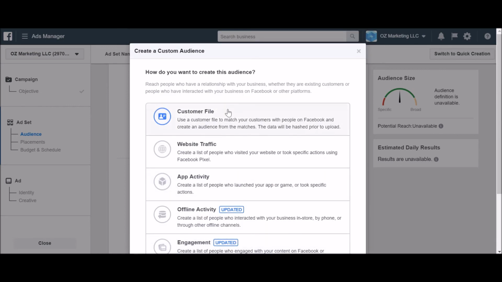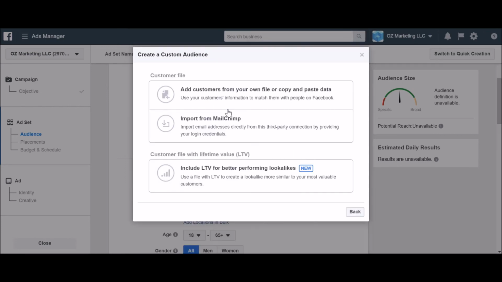The point is, if you go over here to customer file, if you do online marketing, or if you have a way to get a CSV file of all your customers, you could literally upload it over here. And then you can do a lookalike audience based on people who have purchased from you before. What I invite when it comes to excluding purposes is that I would upload a CSV file of every single customer who has